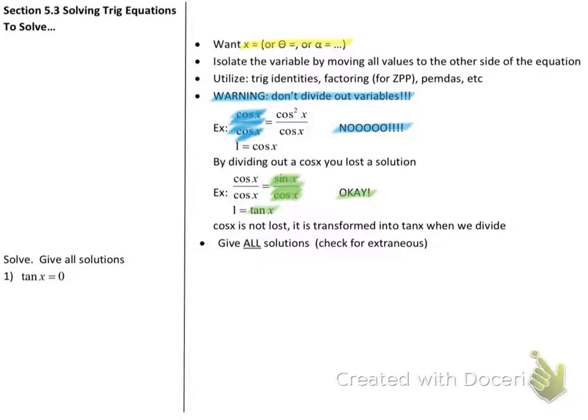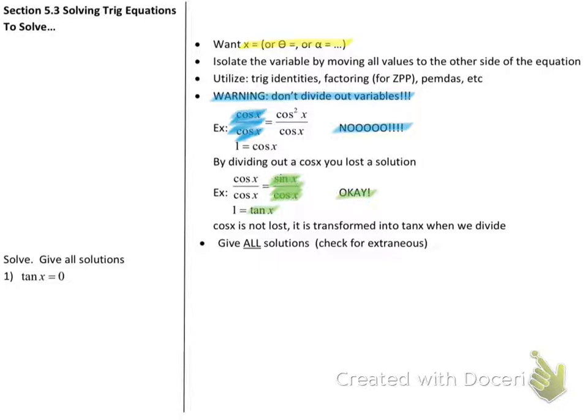Very similar to when we were graphing trig and you had to give me all of the asymptotes. You had to give me all of the relative extrema. So if you wanted to find all the x-intercepts of a sine graph, okay, same type of fashion. So what we're going to do here, I'm going to solve for tangent x is equal to 0. So I'm going to use what I know about the unit circle or use what you know about the tangent graph. I know that tangent x is equal to 0